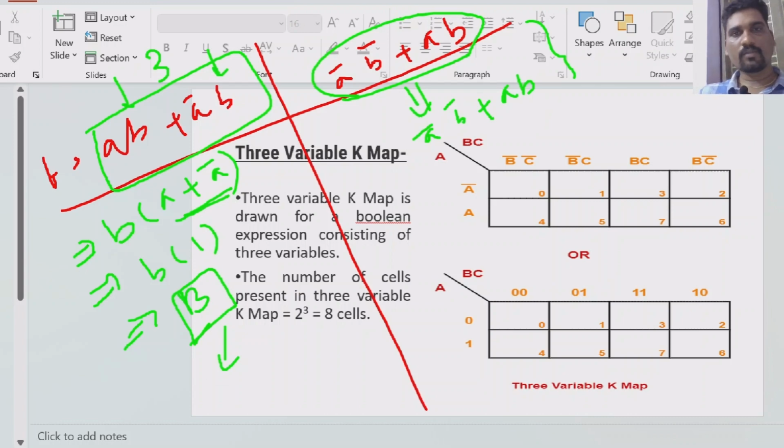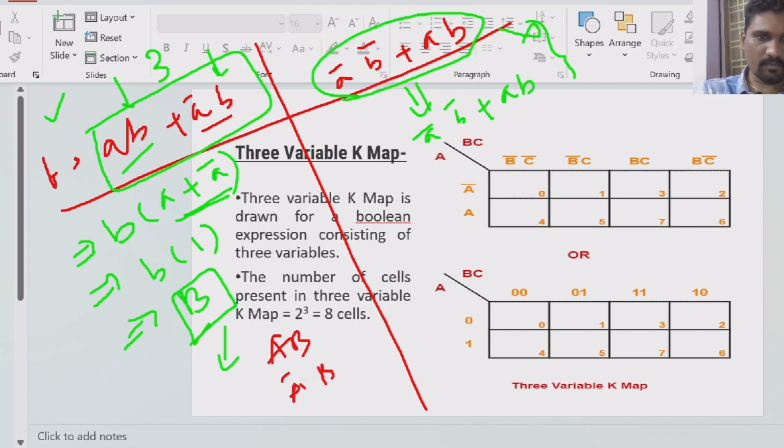Now we'll come back to the doubt we have: why, if it is 1 bit change, we can minimize, and why, if it is 2 bit changes, we cannot minimize? In this case we have performed the minimization. Here we cannot perform the minimization operation. So the simple reason is, I am considering this variable AB, this variable is A bar B, right?